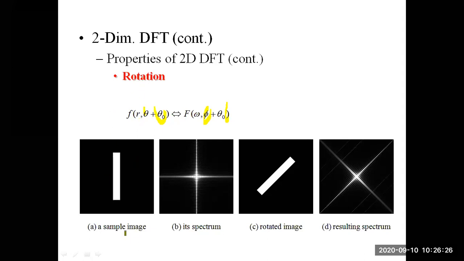The sample image I am taking here is a spectrum. Spectrum is like this. If you provide a rotation, what is the rotated image? This is my original image and its spectrum. But figure A is rotated like this, as in figure C, rotated like this. So in this case, your resulting spectrum is also like this. It is changed, somewhat tilted. So definitely the rotation property is also satisfied for this two-dimensional discrete Fourier transform.